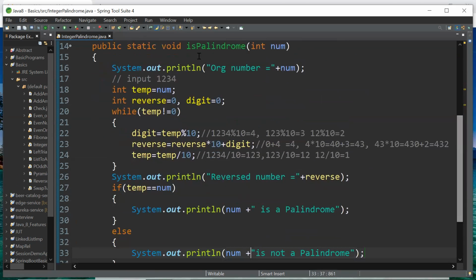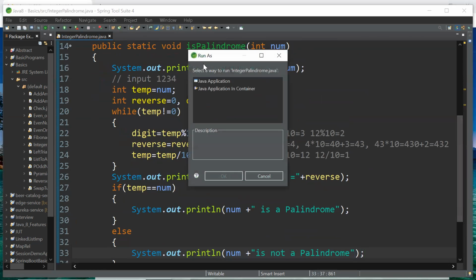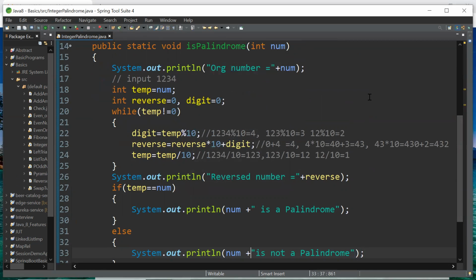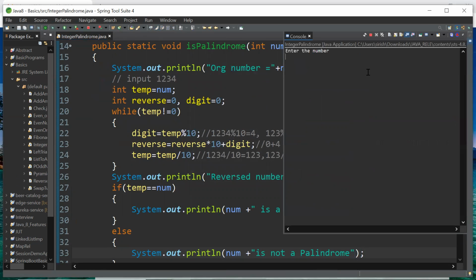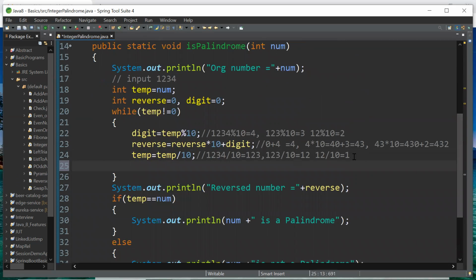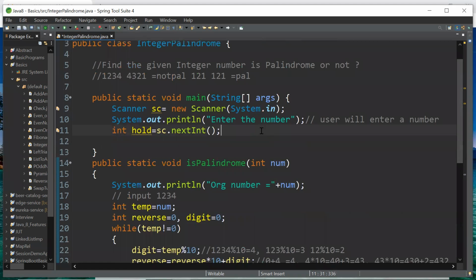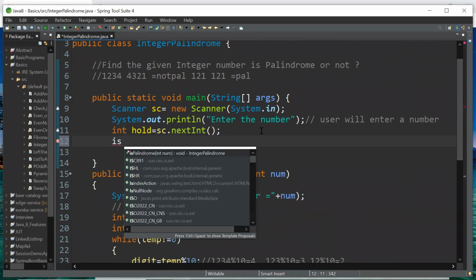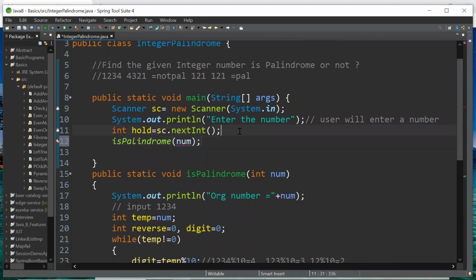Here we go. Run the program, enter the number 1234. Why? What happened? I'm not calling the method here. I have to call the method from main: isPalindrome, just pass the number.